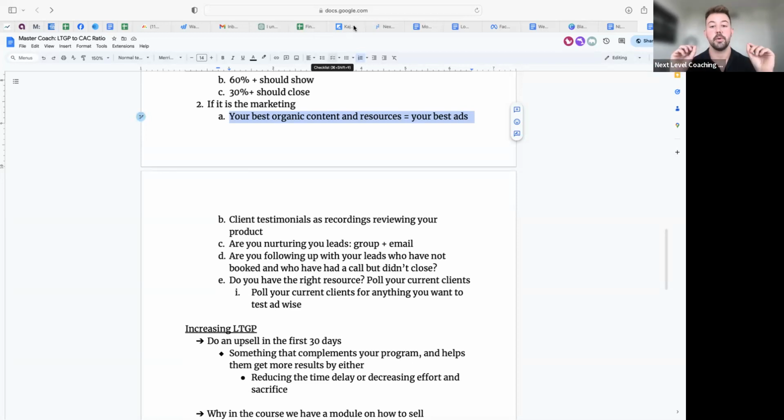And I think a lot of people who just get into ads make this mistake where they feel like, now that I'm running ads, I need to run different types of content than I do organically. Huge mistake. Use your organic platforms as a testing platform to then figure out what's going to work to run your ads.